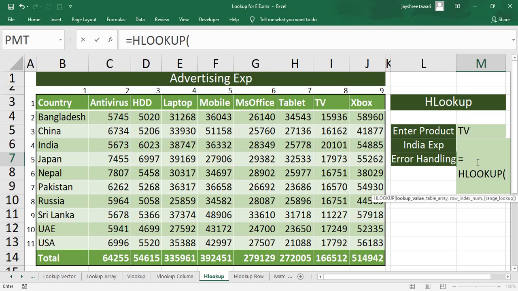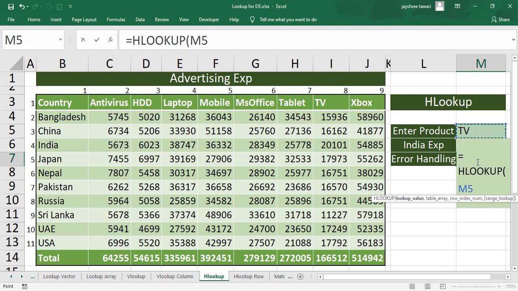My HLOOKUP function is going to ask me for 4 parameters like in VLOOKUP we were having. The only difference over here is that your lookup value should be the first row content. That means I can say it should be my column name, right?